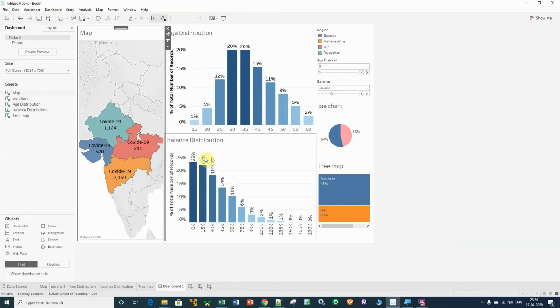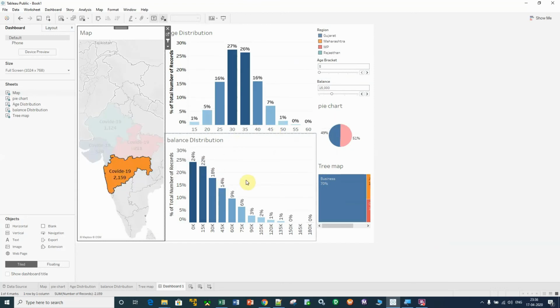Now if I want to do analysis on the Maharashtra region, just click on Maharashtra and see the analysis. We can see in the age distribution that in the 30 to 35 age bracket, 27% of the people are affected by COVID-19, right?